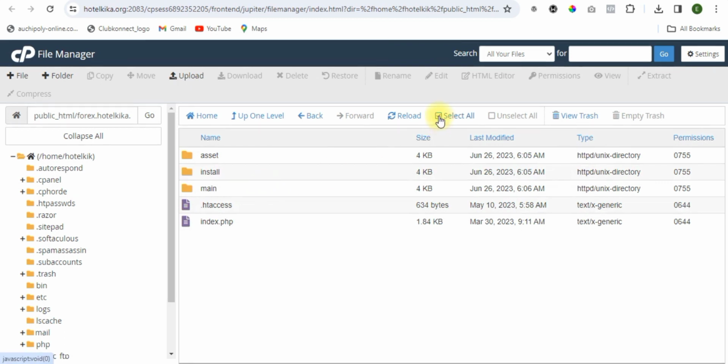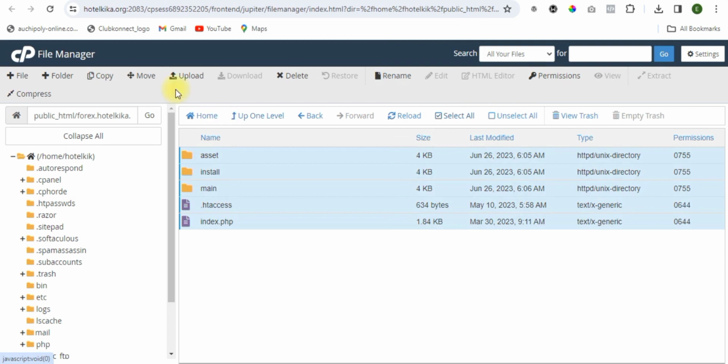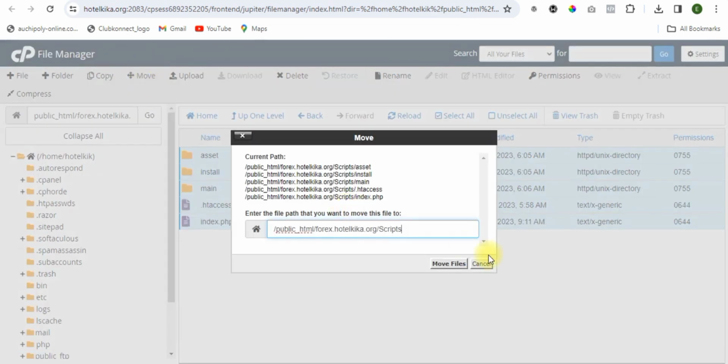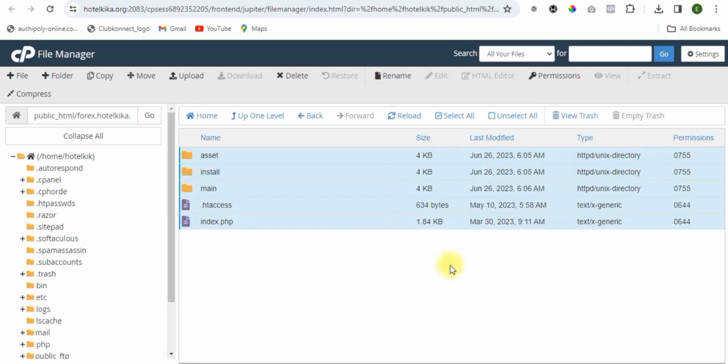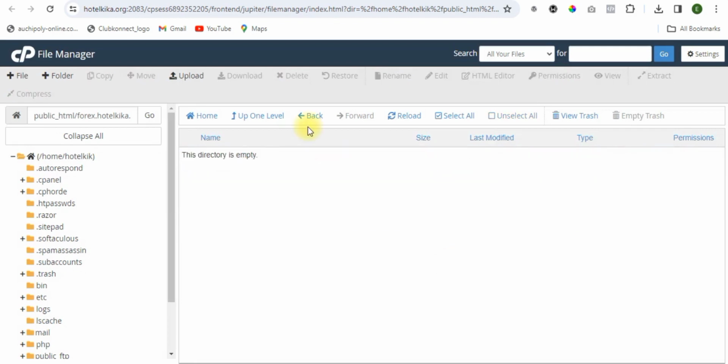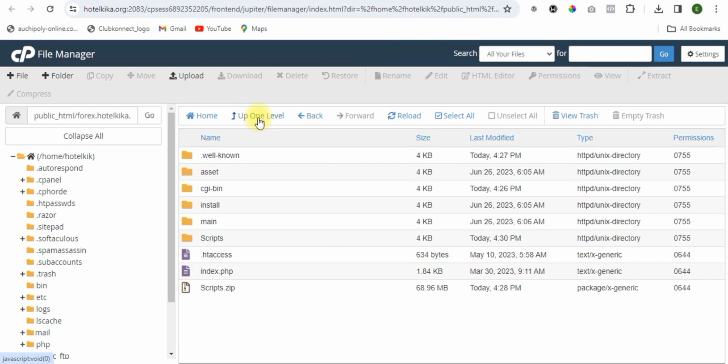Now select all and click move. So remove this from it and move files. Then up one level. All right. So copy your URL